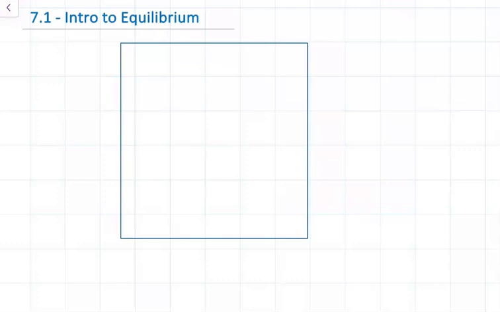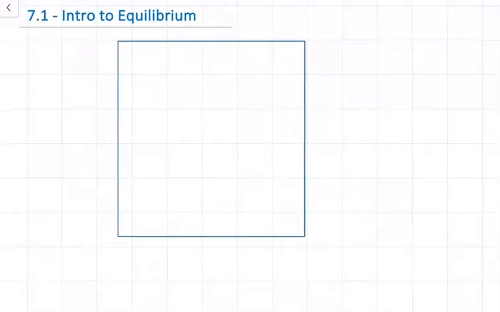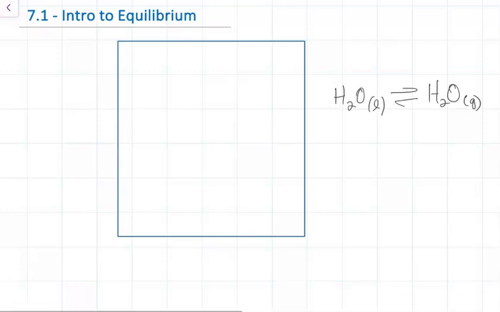Equilibrium in chemistry refers to a balance between the two opposite directions in a reversible reaction, right? So, for example, if you want to talk about a process like water as a liquid becoming water as a gas, just vaporization, this is a reversible process because if you have a sample of water in a closed container, let's just say it's like a water tank or a beaker with a lid on it, doesn't really